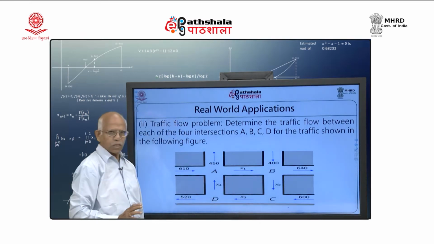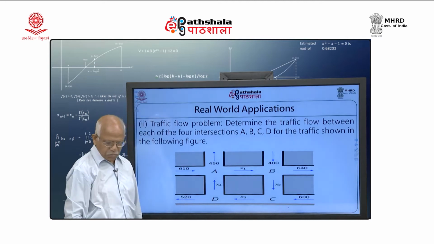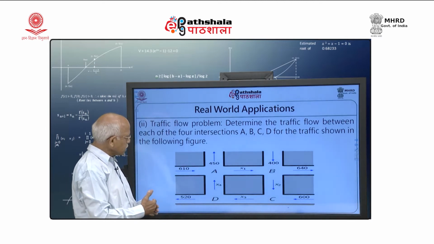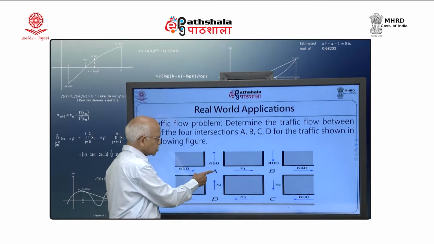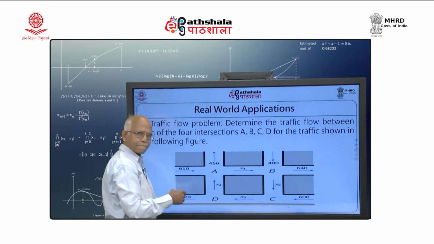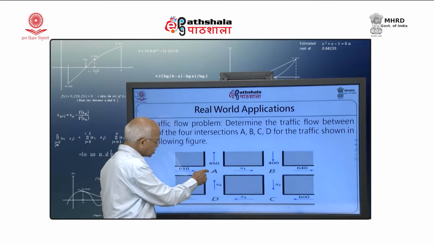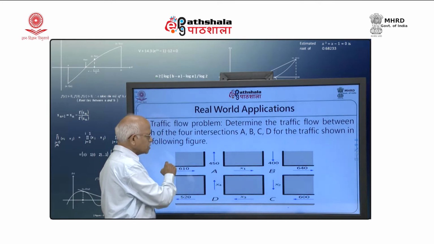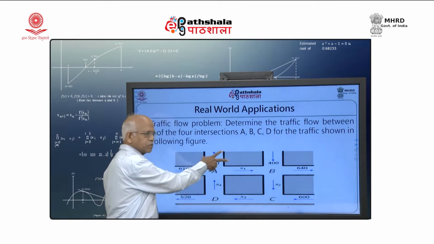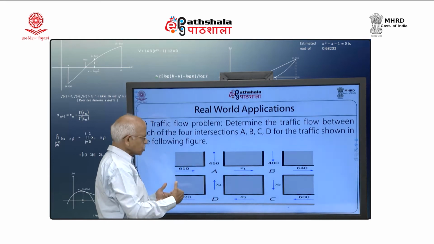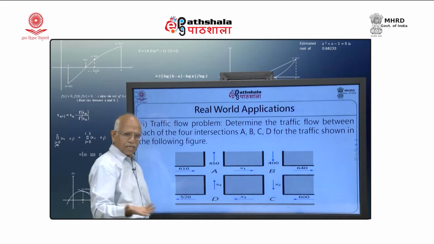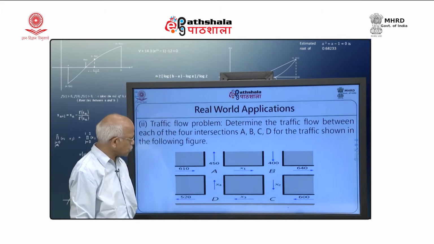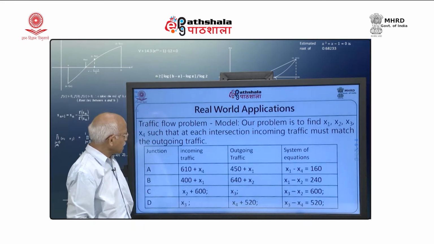on this road, and I can do that by making an assumption. There are junction points A, B, C, D. At each junction point, what I want to know is the incoming traffic, and that much must be the outgoing traffic. So if I equate incoming traffic and outgoing traffic at each of these junctions, I will get the values of x 1, x 2, x 3, x 4, and for that I am just writing here